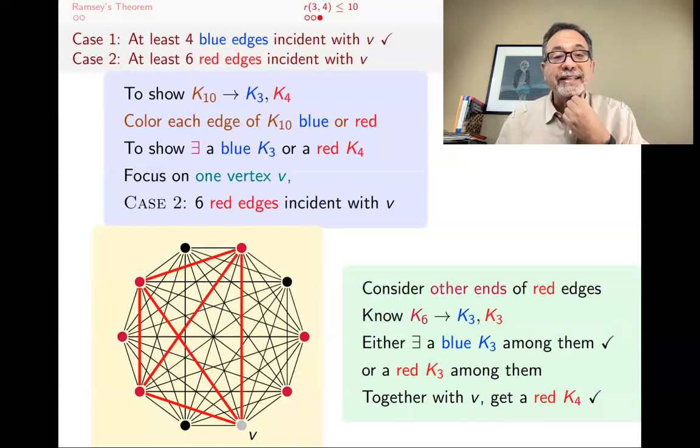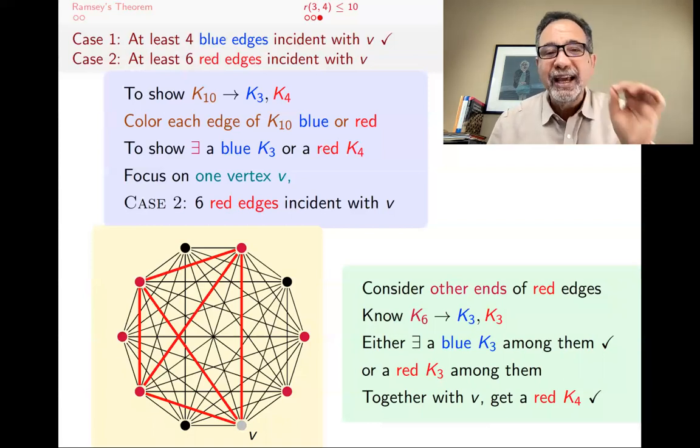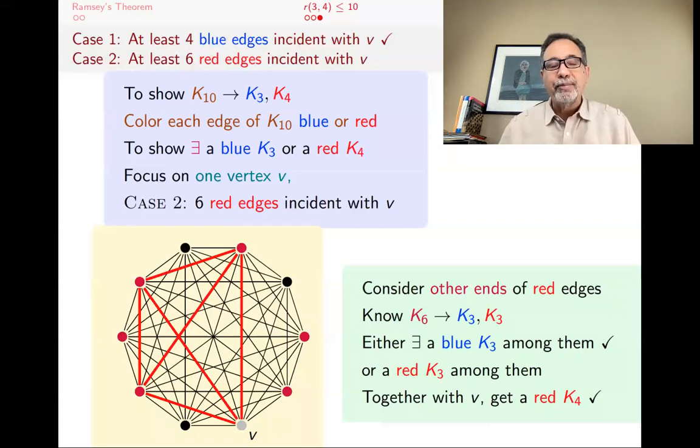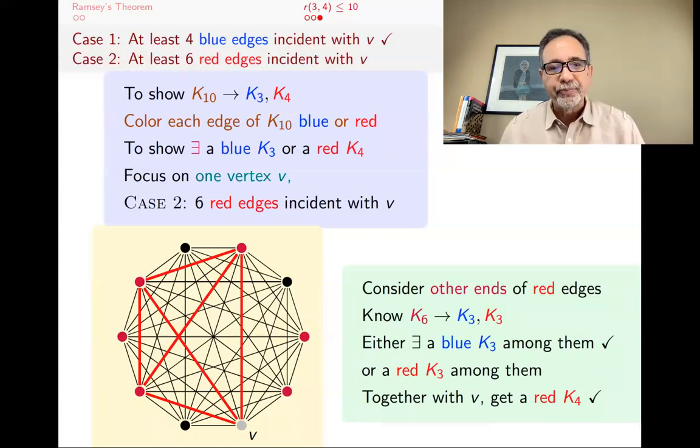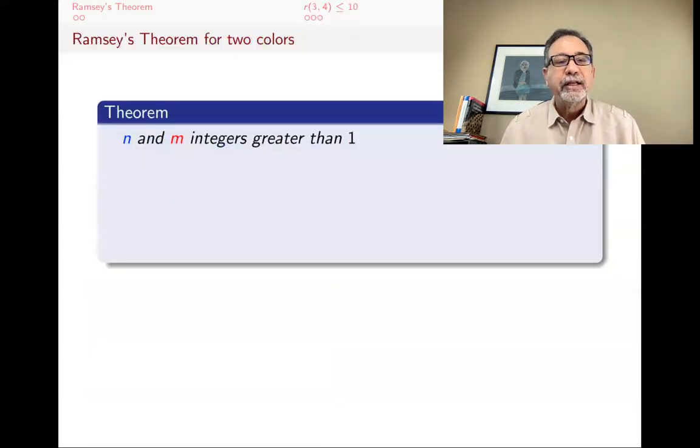So I proved that R(3,4) is less than or equal to 10, that K10 arrows to K3 comma K4. Actually, if you think about it a little bit more and you're a little bit more clever, you can prove that K9 arrows to K3 comma K4, but that does take a slightly different argument. You can't focus on just one vertex. You have to look at all of them. Okay, so now